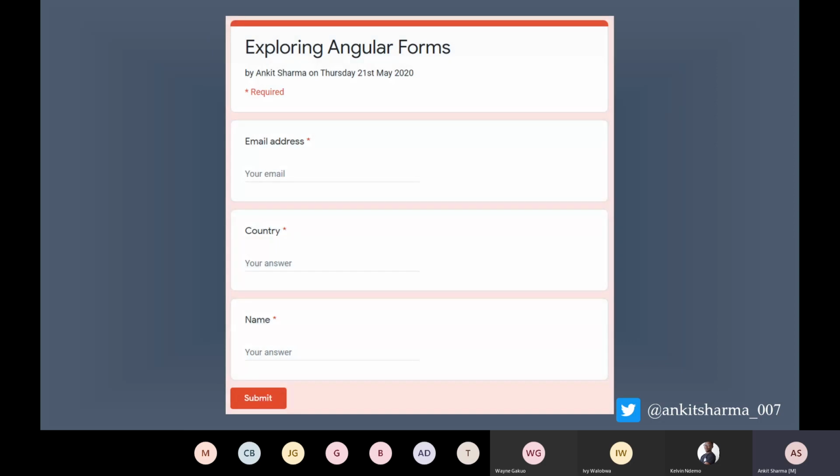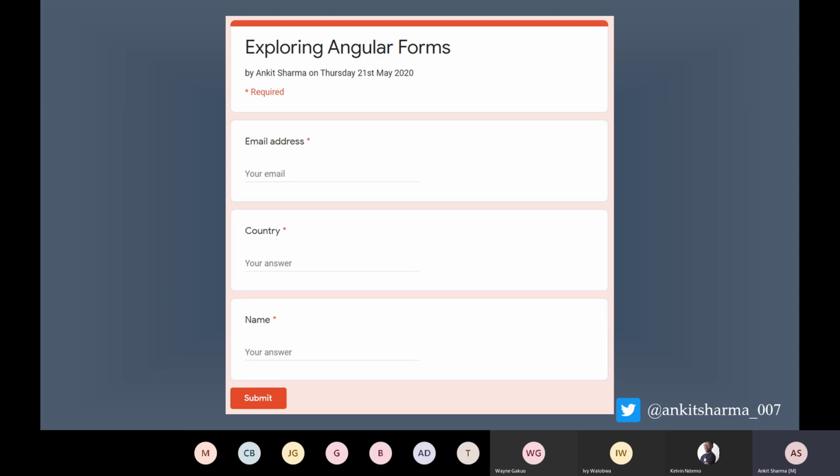Then this form, which you all know, is the form where you filled in the registration for this particular event. This is an Angular form, and if you have used Angular forms, you know that we can customize the form as per our requirement. If you want an email address field, a country field, a name field, or a radio button, it gives you control over the type of form you want to use and the type of controls you want to use. And here you can see all fields are marked required.